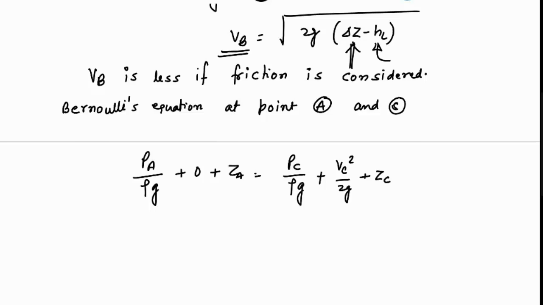And VB is equal to VC. We earlier calculated the velocity at B. So whatever the velocity we have at B will be the same as the velocity at C. Why is this so? I am saying VB is equal to VC is equal to VD is equal to VS. The reason is the cross section is constant. So the continuity equation, you can say A1 V1 is equal to A2 V2. Since the area is constant, the velocity is also constant, and PA is equal to P atmospheric pressure.